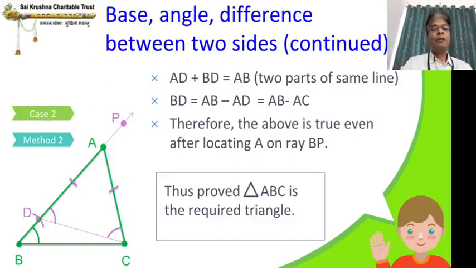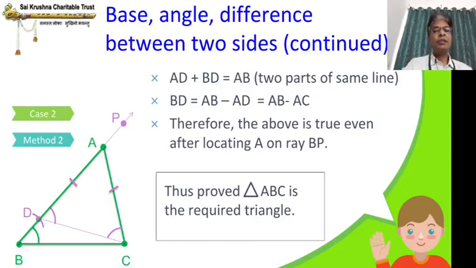As I told in the last part, everything else is same, only the location of D. Between case, that is sum of two sides, difference in two sides case 1, difference in two sides case 2, the change is only the location of D. And the difference between equal angle and perpendicular bisector method is the construction: perpendicular bisector in method 1, equal angles in method 2. Similarly, the only difference in the proof is, there we are seeing the congruence and CPCT, here we are proving through sides opposite to equal angles are equal. I am again and again telling so that you do not get confused.